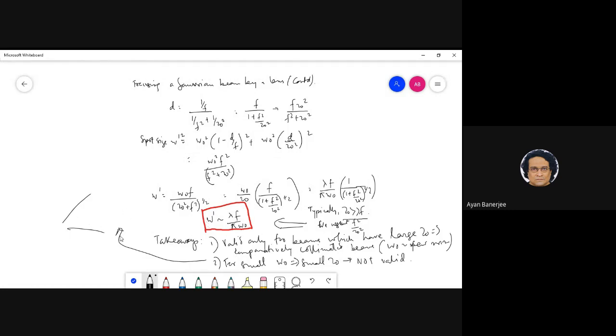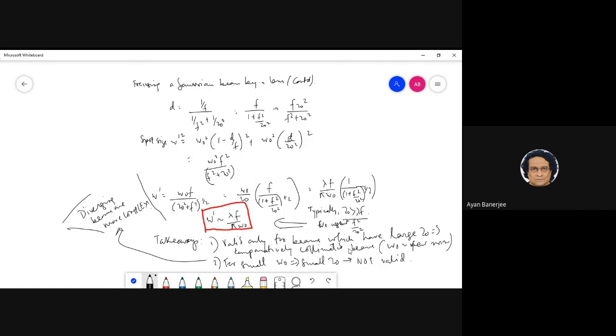So diverging beams are much more complex, and you have very interesting physics. But again, for most beams and for most standard experiments that we do in the lab, unless you use things like a microscope where you have extremely small focal length lenses with very high numerical aperture objectives, you are safe. This is perfectly fine.